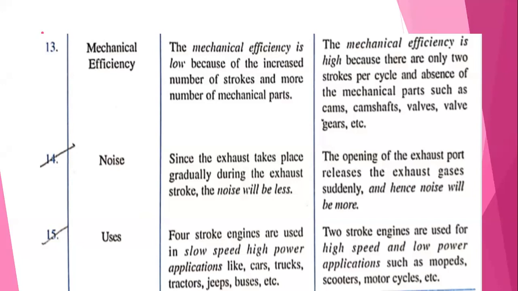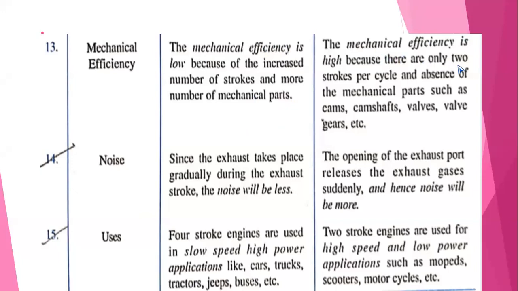From that, you can calculate the mechanical efficiency of the engine. That is called mechanical efficiency. In the same way, the efficiency of the four-stroke engine is less when it is compared to the mechanical efficiency